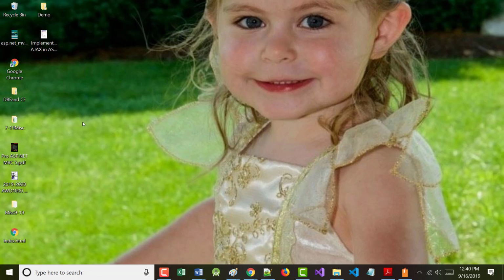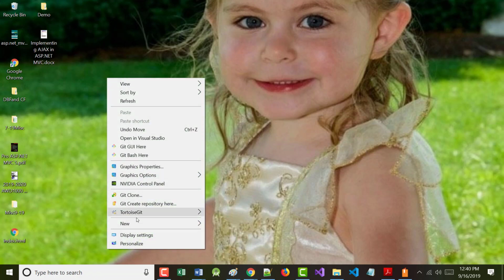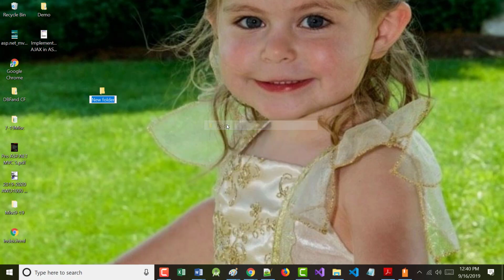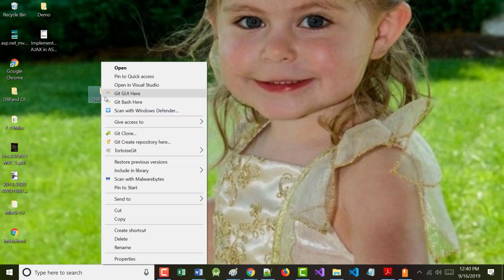So I'm going to come in here kind of like we did the other day, but I'm going to right mouse click on my desktop, choose new folder, and I'm just going to call this, because it's a database first, DBF demo. Again, what you call it is really not that important, as long as it's somewhat reflective of what we're trying to do with it. So again, the first thing I did was create an empty folder named DBF demo. DBF for Database First. All right?